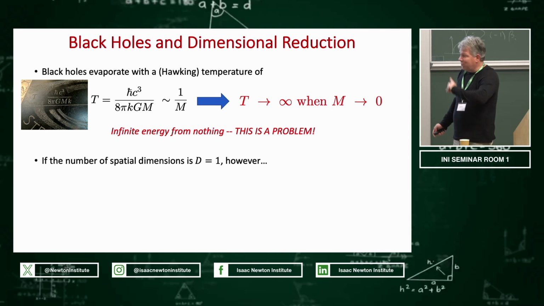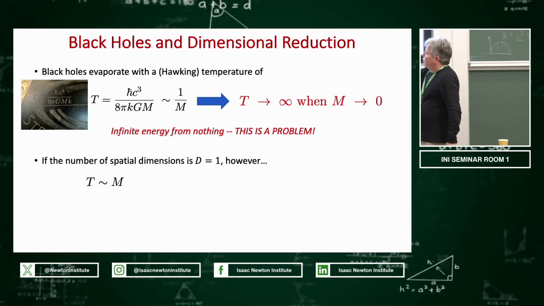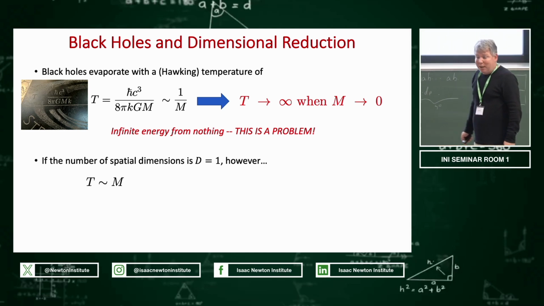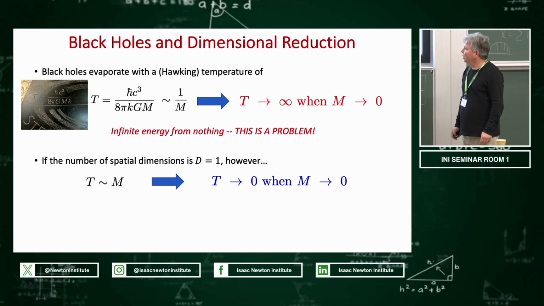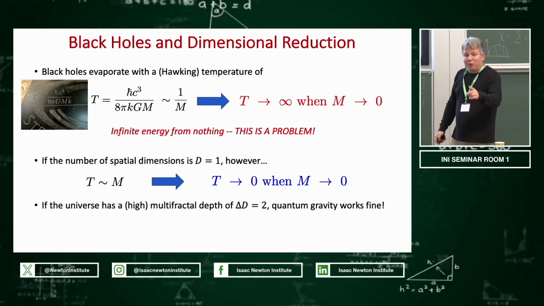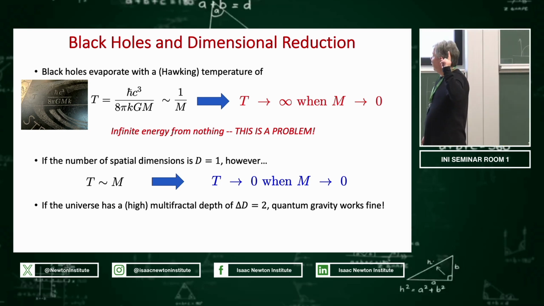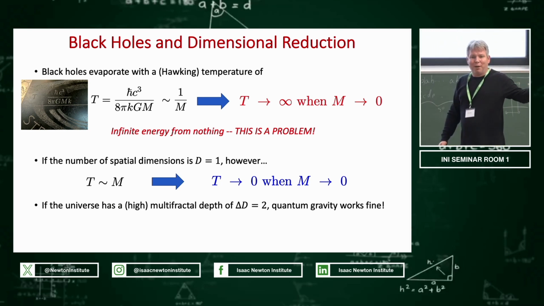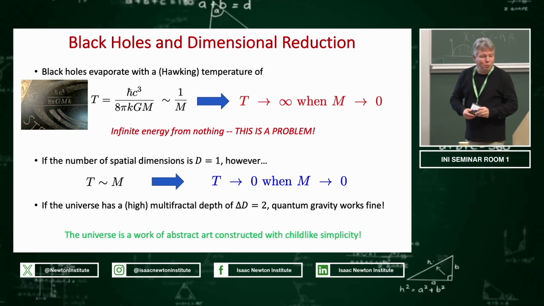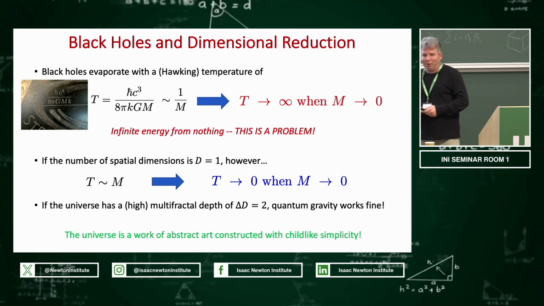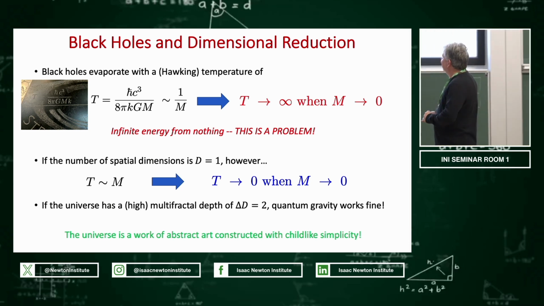If the number of spatial dimensions is 1, however, you can show the temperature goes smoothly as M, and everything's happy. Okay? And so that means if the universe has a multifractal dimension or multifractal depth of 2, quantum gravity works, and everybody's happy, and the universe is great. And so that means the universe must be a work of art constructed with childlike simplicity. And on that note,